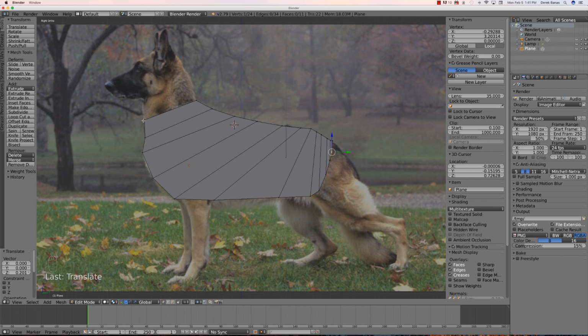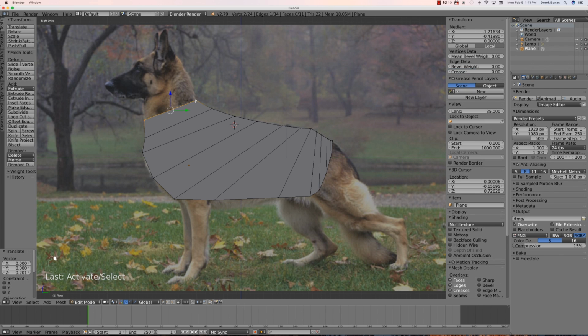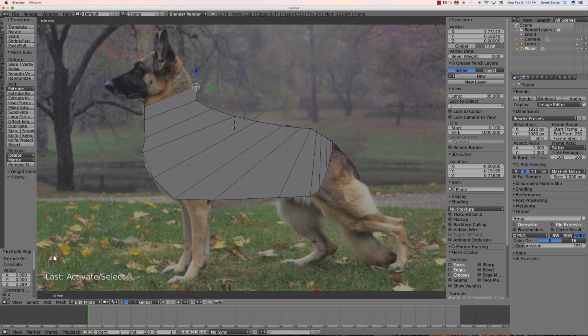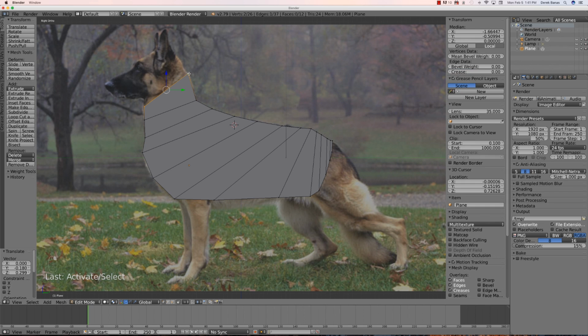All right, so now I want to block in the rest of the dog's body. So I'm going to ignore the ears, because they're going to be separate, and I'm going to do a mirror modifier on this to get this to come in. Now this time I've got more real estate I'm going to cover with the right side than on the left. By right side I mean these guys right here. So I'm going to move them a little bit slower, and extrude,